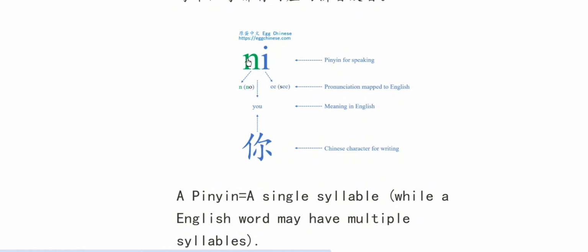For example, N here, the pronunciation is as N in the word no. And this I pronunciation is as double E in the English word see. So if we put them together, it will be ni,